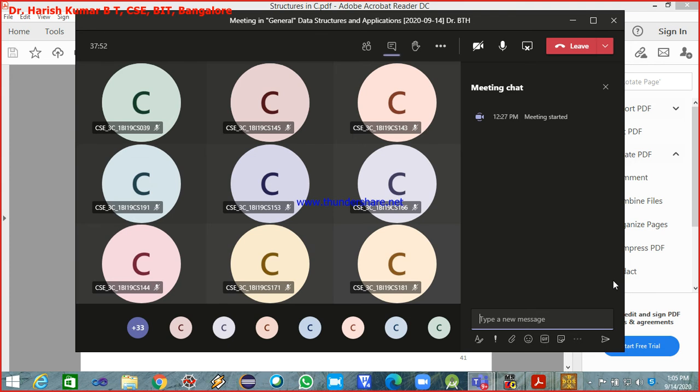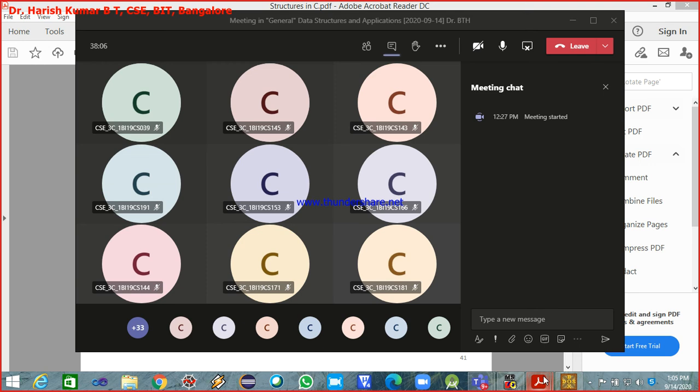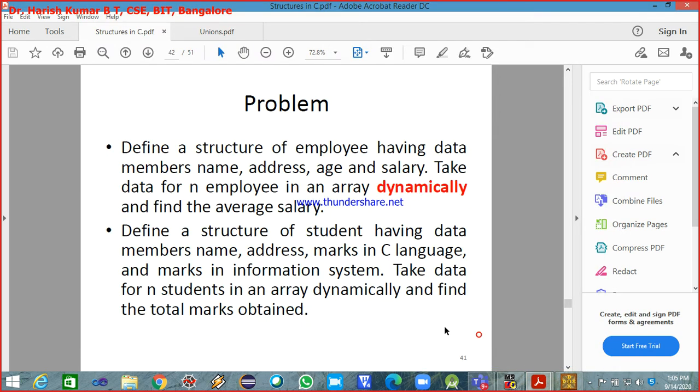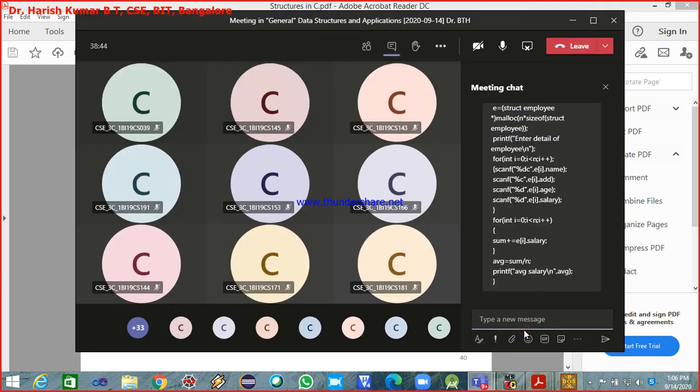Use pen and paper also, because you can do it faster there, and take a photo of the same and send it. Yeah, I got one response.